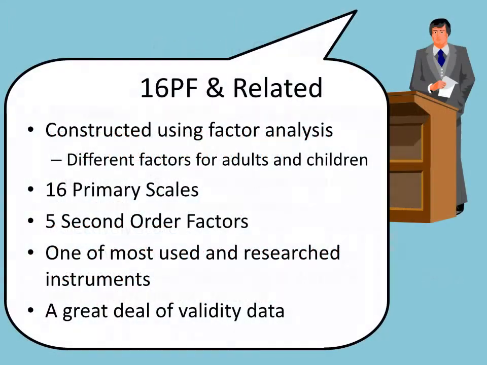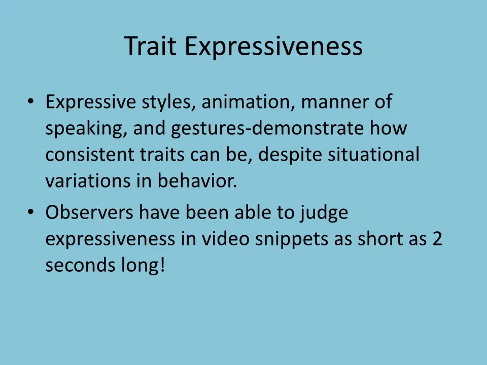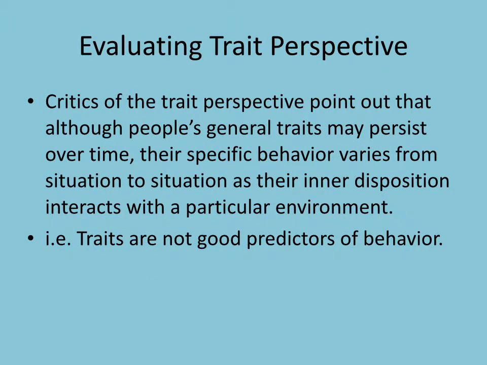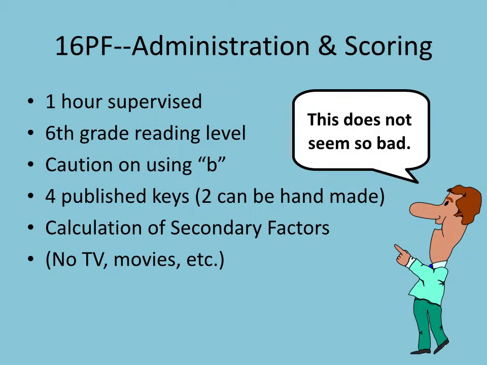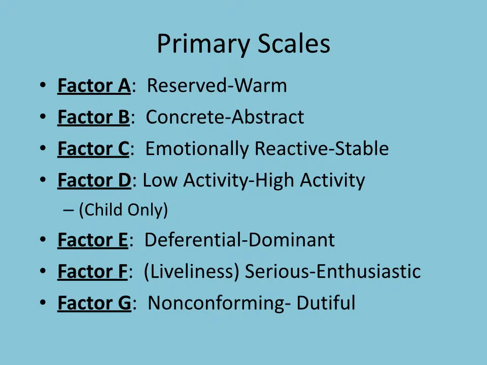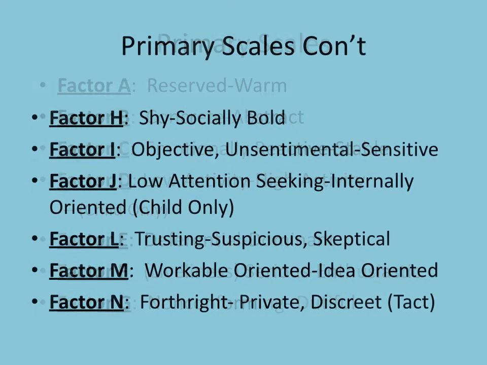Now, your 16PF is based on 16 scales. It looks at how you demonstrate your personality. The observer has to be able to judge expressiveness and show things like that. When you evaluate these types of things, you have to look at it as a predictor of behavior. We only look at the 16PF to figure out how you're going to behave in a certain situation. So the 16PF, it's an hour long. It's published with 2 keys, and there are 16 scales that it looks at,